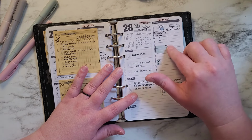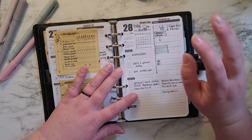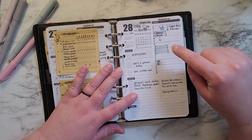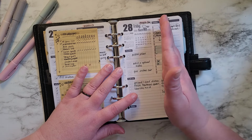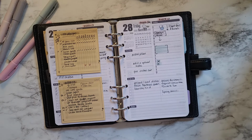So I just have general design time up here. I was trying to work on some stuff, and then my son's school is right here, and then I usually list, I do it halfway so that I can list if there's anything I need to get done while he's at school,